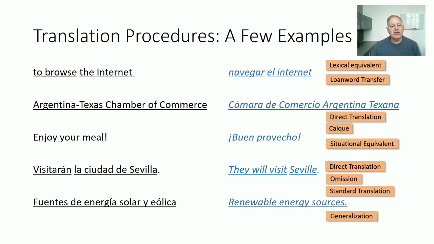Okay. Look at the final example on the slide. And again, these are just some examples. There are many, many more ways to resolve specific translation problems. There are many more specific translation procedures. We have the segment